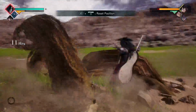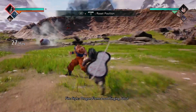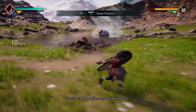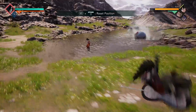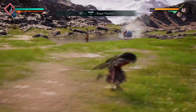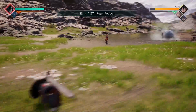I'd recommend doing this ability only on 3 heavies and on the 4th light. The 3rd heavy connects to all the Fire Style balls, and on the 4th light it connects most of them. It only misses 1 or 2. So make sure you do it anytime you're going to do that, unless you're trying to do some really fancy reset, which technically I don't condone because the resets I found with Fire Style are very unsafe, so don't do those. Make sure to do it on the 4th light and the 3rd heavy